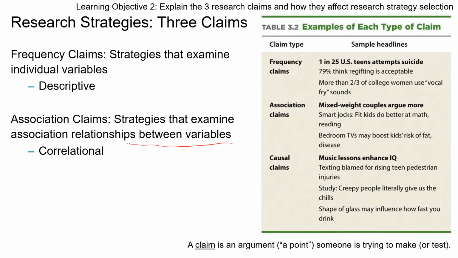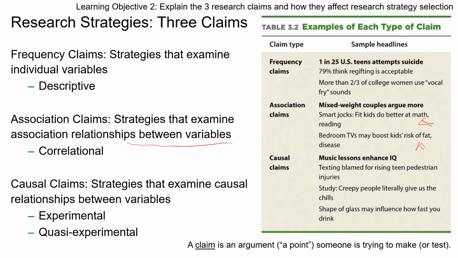Fit kids do better at math and reading. Bedroom TVs may boost kids' risk of fat and disease. So these are association claims. You have two different variables and you're looking at the relationship or the association or the correlation between those two different variables. And the final one, which is the one we want to do whenever we can, and this is